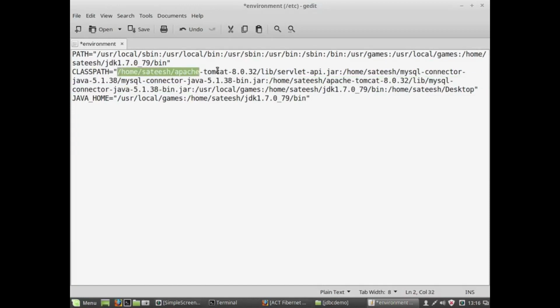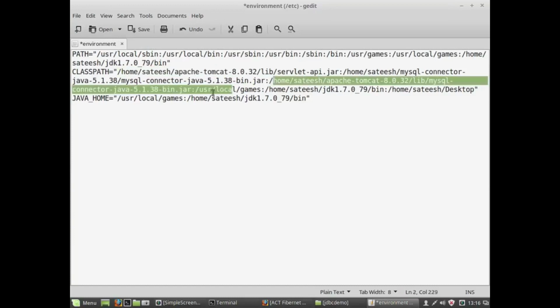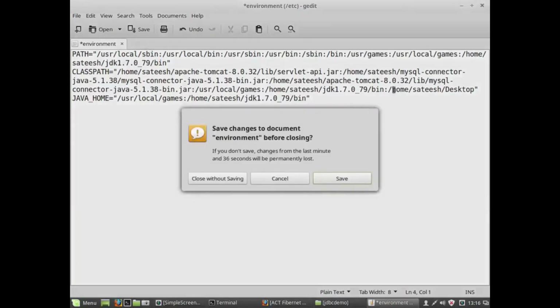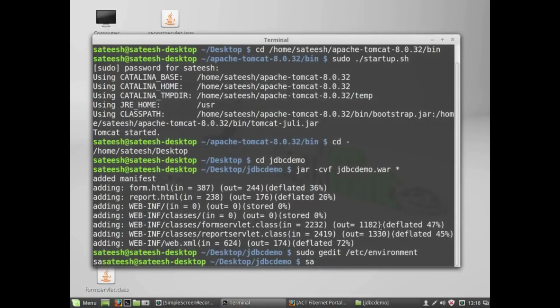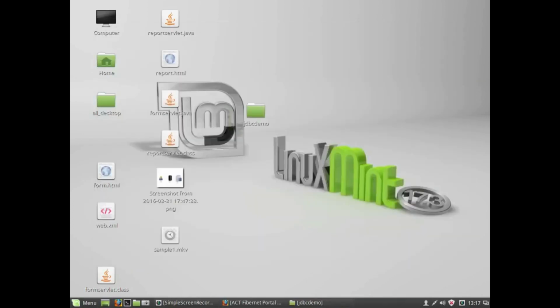In the same way, if you know how to deploy a simple servlet application, then the servlet-api.jar file should be part of the class path. Here, in order to connect with the MySQL database, we should have a mysql-connector.jar file. Other two values you do not mind; they are related to my other applications. In case of Linux Mint or Ubuntu, as soon as you set class path, please log off your account and log in again to see the effect of class path. Right, everything is done. We are ready to deploy the application.